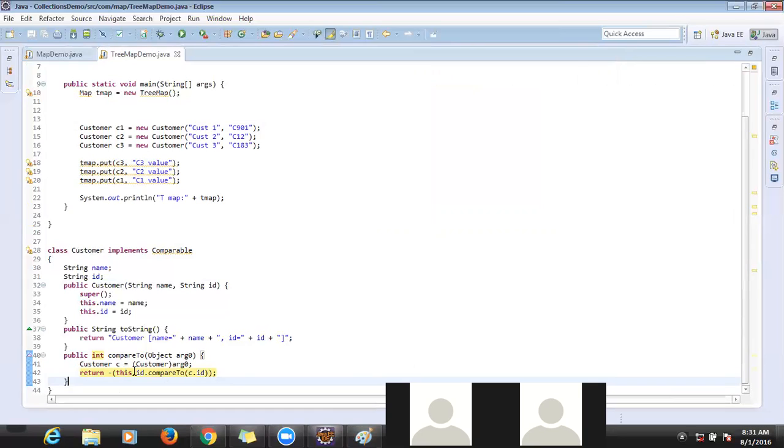Got it. Now the second problem, this is clear, right? Yes. Duplicates and sorting customized objects.